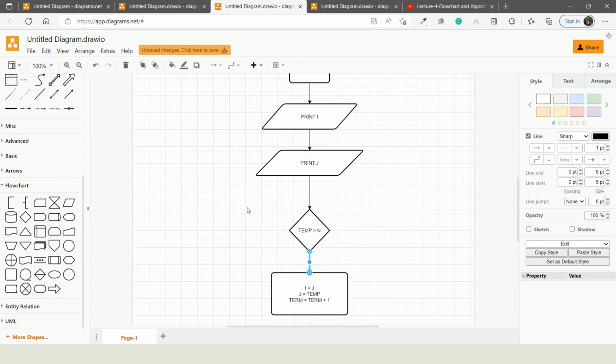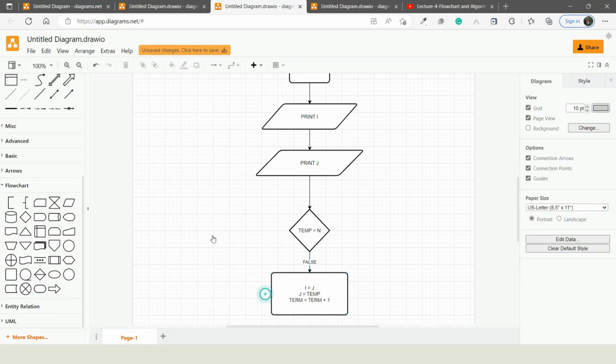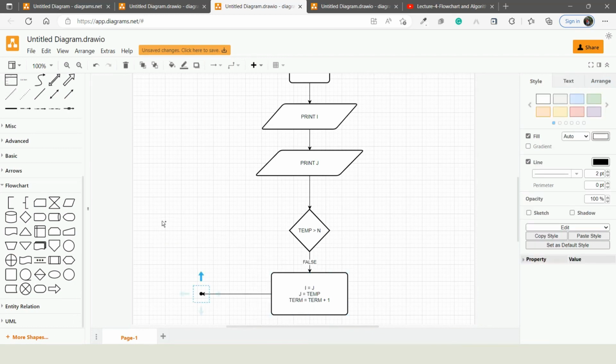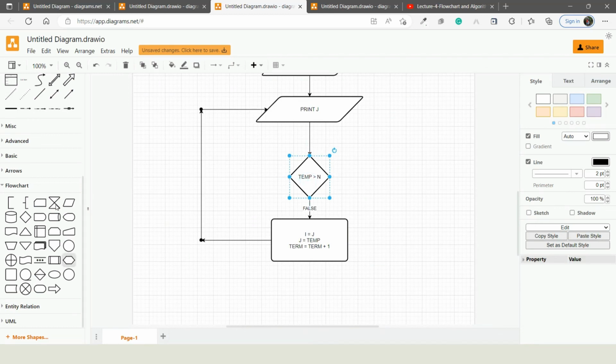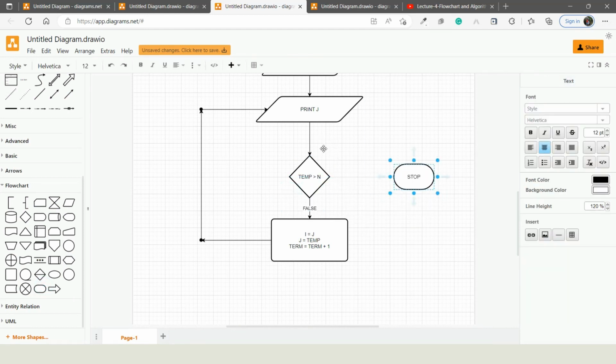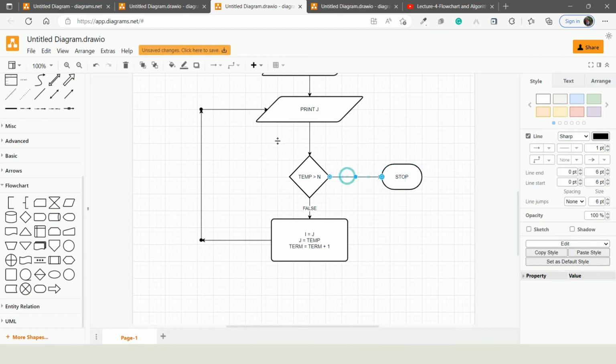If it is false, then I will again execute steps from this print j. If this condition becomes true, then I will stop here. Okay, stop. Let me connect this. If it is true,